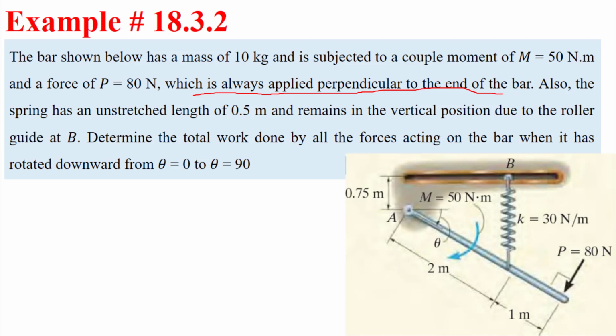So this is the meaning of this sentence, which is always applied perpendicular to the end of the bar. Also, the spring has an unstretched length of 0.5 meter. So originally its length is 0.5. I can name it as LO, or L original, 0.5 meter, and remains in vertical position due to